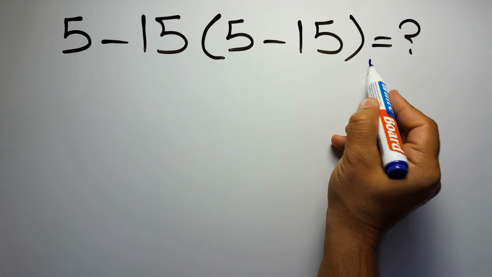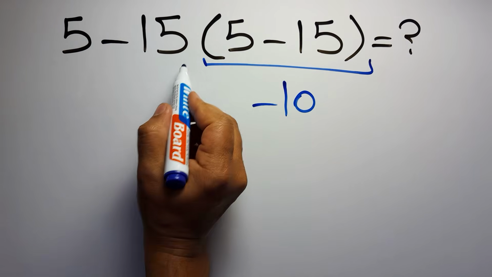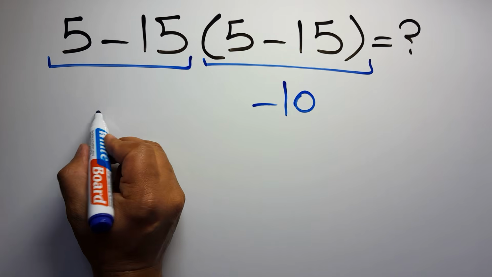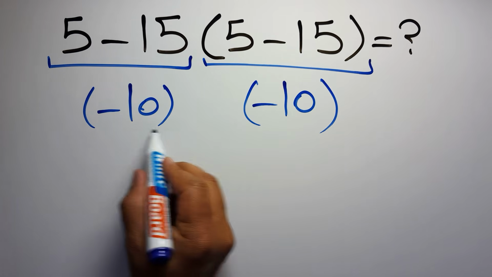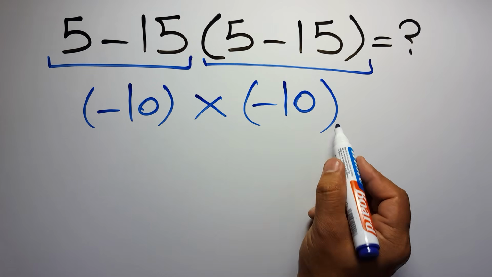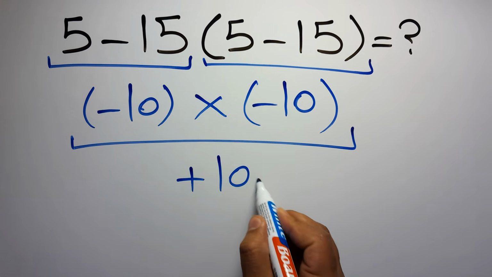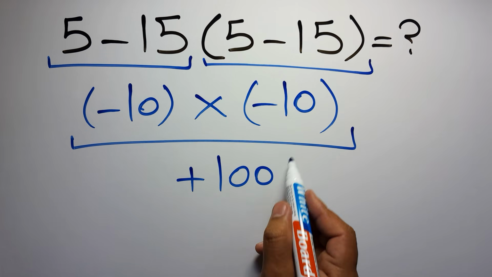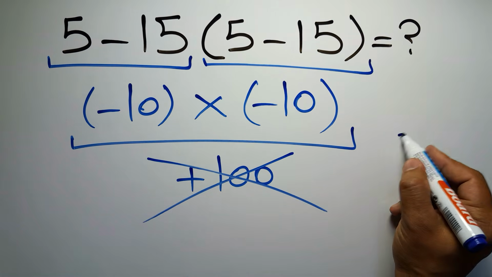5 minus 15 gives us negative 10. And again here we have 5 minus 15. So negative 10 times negative 10 gives us positive 100. But this answer is not correct because according to the order of operations, which is PEMDAS,